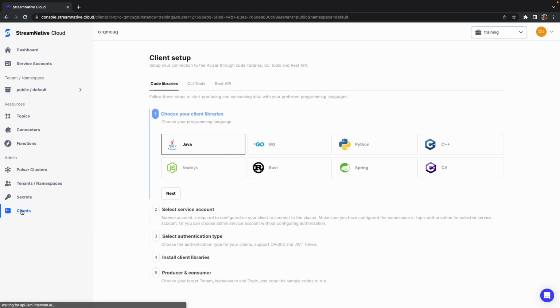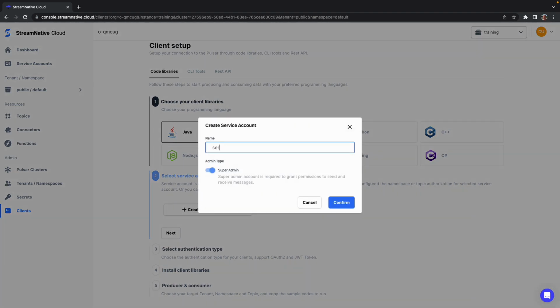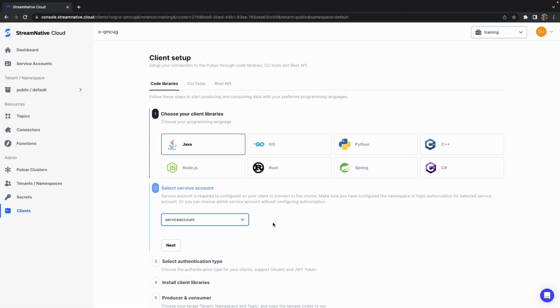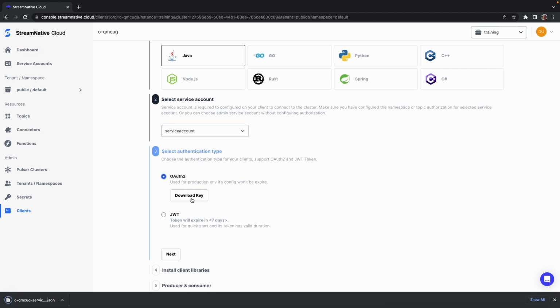Since we want to produce messages, we go to the Clients page and choose the Java client. Under Select Service Account, we'll create a new account called Service Account and leave it as Super Admin. Making sure that this service account is selected, click Next, and we select the authorization type of OAuth and download